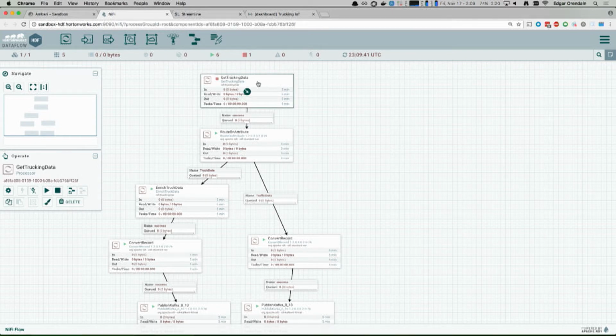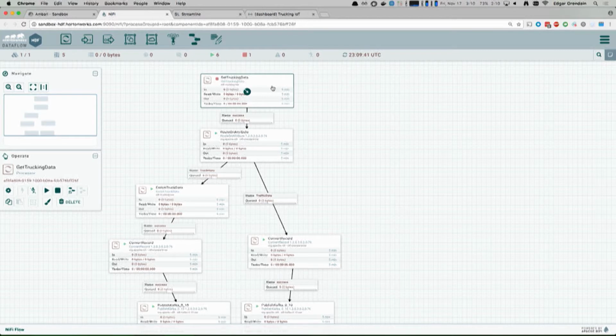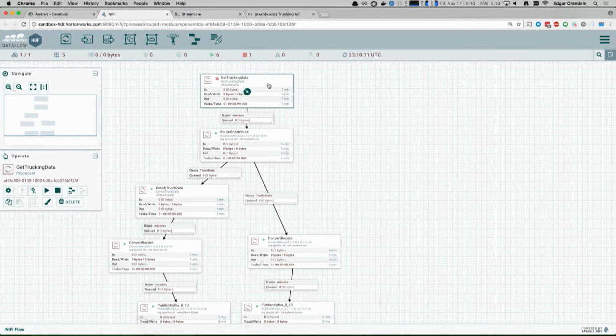So each one of these boxes is called a processor, in the sense that most streaming or ingestion frameworks call them. Underneath the hood, what we have is a data generation simulator written in Scala, and it's wrapped by a very light API to get this working in NiFi.